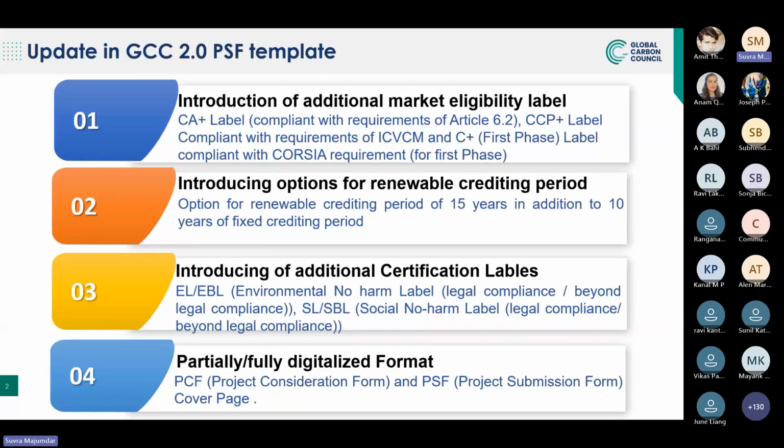GCC 2 provides the option of a renewable crediting period of 15 years, in addition to the older option of a fixed crediting period of 10 years only. It introduces additional certification levels like EL and EBL, which are the environmental no net harm level within legal compliance and beyond legal compliance. Similarly, there are the social no net harm levels within legal compliance and beyond legal compliance, paving the way towards digitization. So the PSF cover page is a